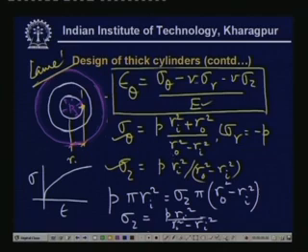So if you use all these things, then after making all such calculations, you get the following expression,